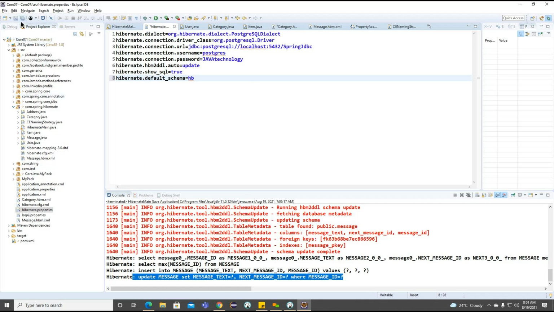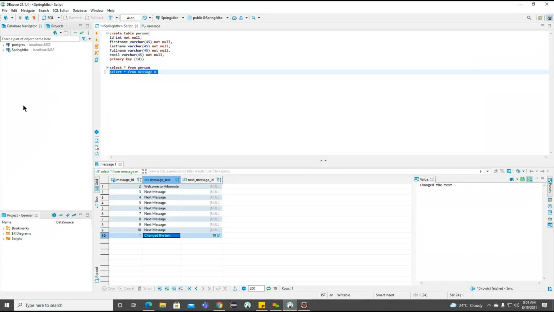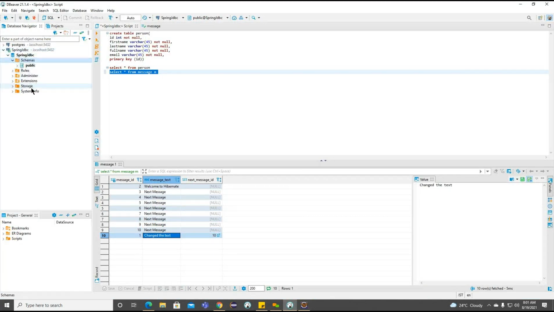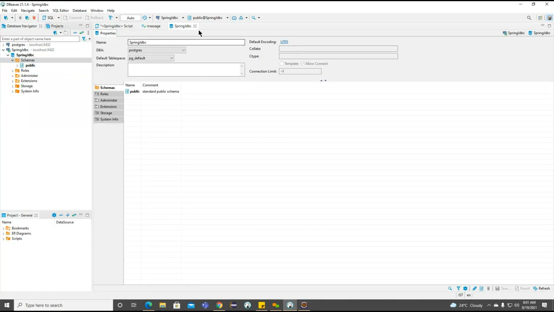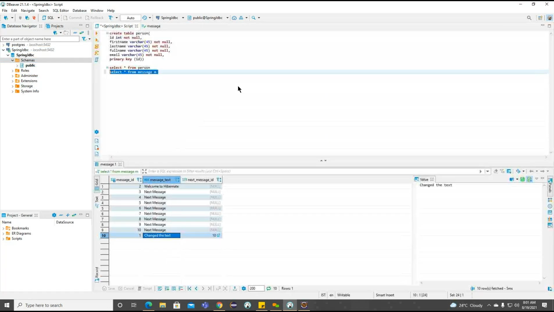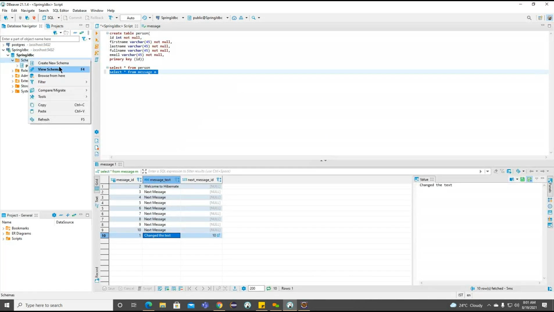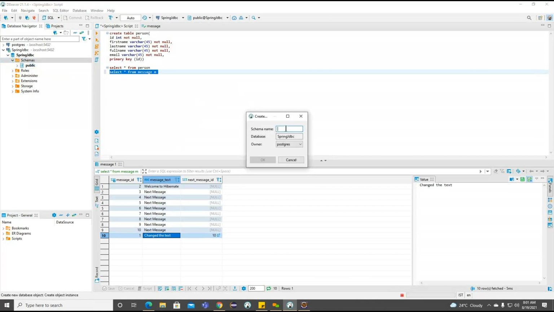So to work on this particular default schema, now what we can do? We need to create it here inside this particular Spring JDBC. So these are the schemas. What is the default schema we are having? Public. Now what we can do? Here we can create a new schema, and the name of the schema is HB. Owner, this is the Postgres. Now you can see if we want to change any owner, we can do it, but we want to work with the Postgres user here.